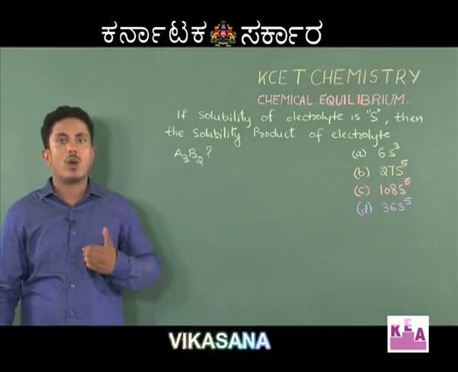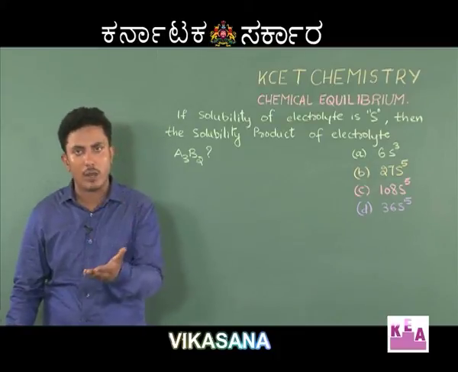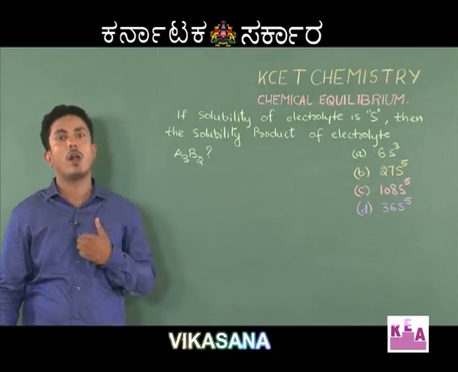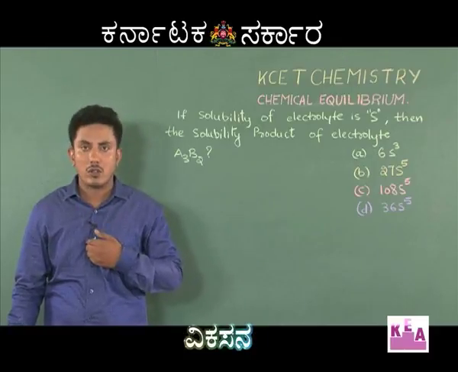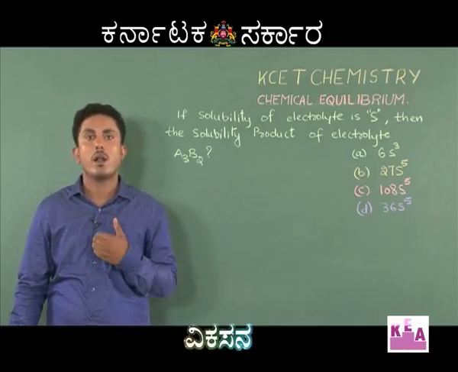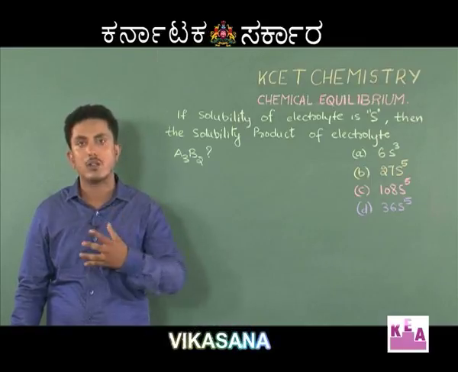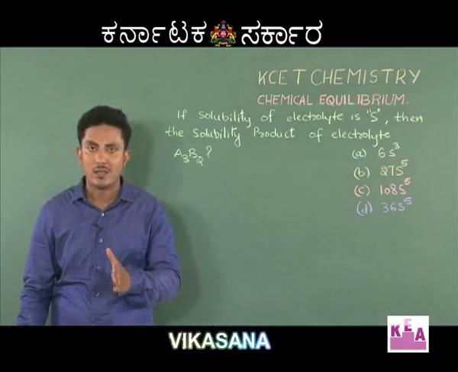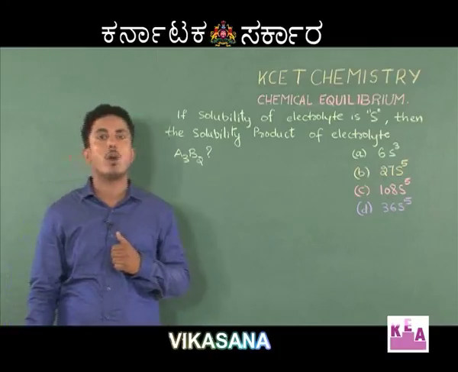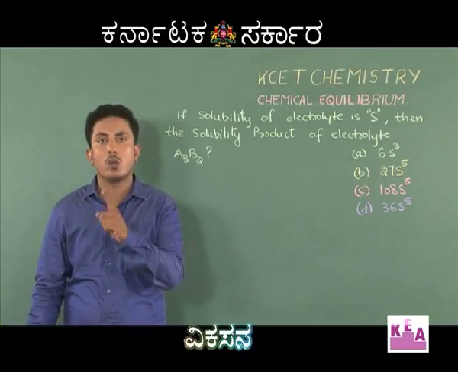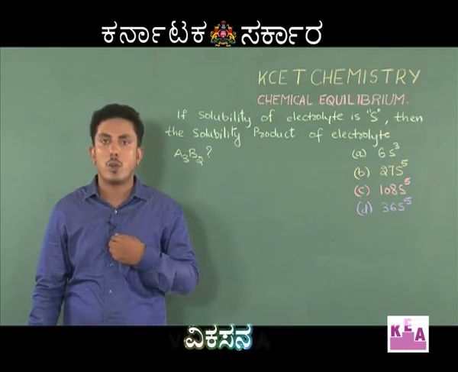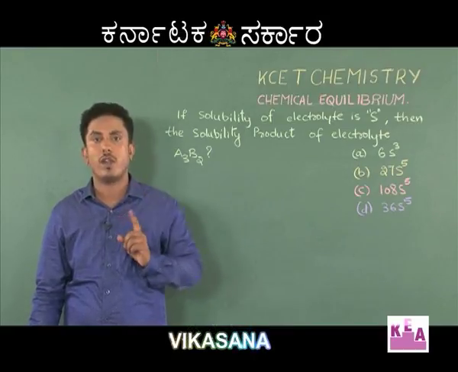Students, I will tell you first what is solubility, what is solubility product, then I will tell you a general formula to calculate it also. Solubility is the grams of solute dissolved in 100 gram of solvent in order to get a saturated solution, whereas solubility product is the product of ions raised to the powers equal to the ions that are produced by dissolution of 1 mole of an electrolyte.